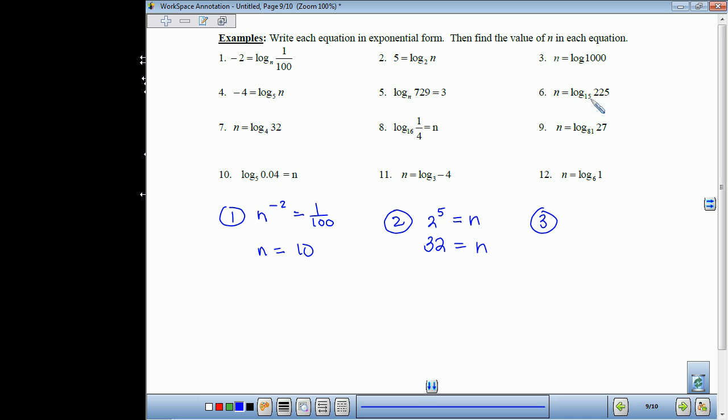Alright, so this one, what base is it? 10. So 10 to the n equals 1,000. 10 to the third. What is n? 3. Okay, you try the rest of them on your own. Do we only have to find n, or do we have to write it in exponential form? You only have to find n, so if you can do it in your head, that's fine. Oh, nice. It says do both, so do you just want us to do